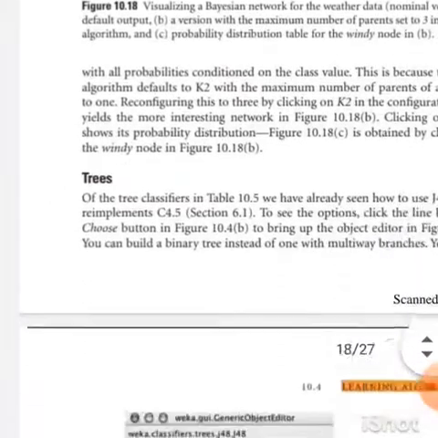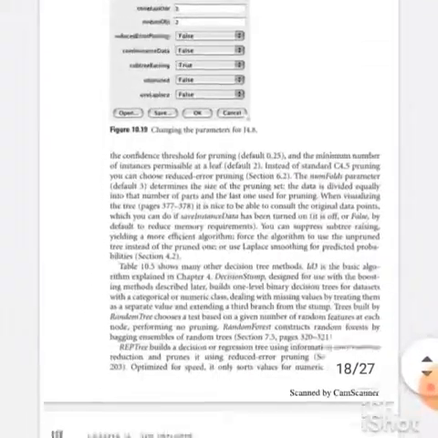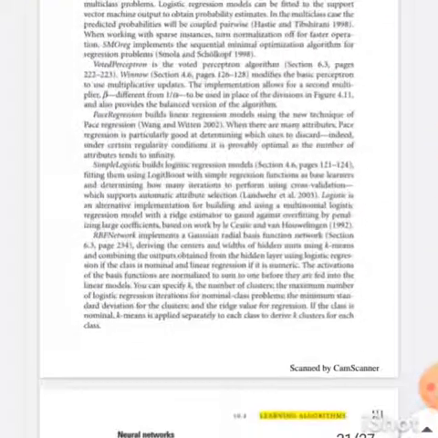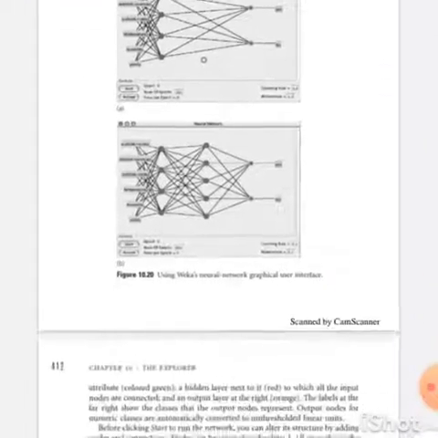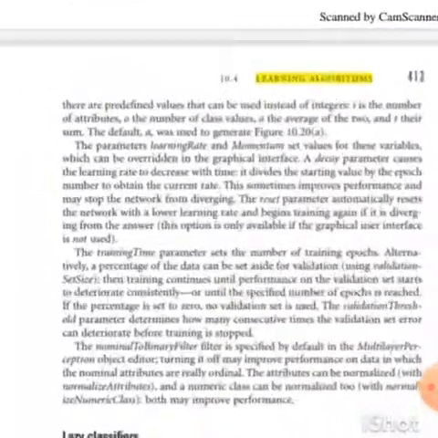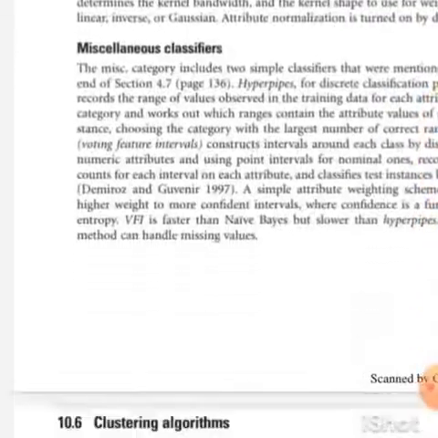If you want it once again, just text me, then I'll give a separate video for this topic, or any other topic you want. If you need the video, just text me and I'll put a video on that. In this section, everything is given in detail in the book.